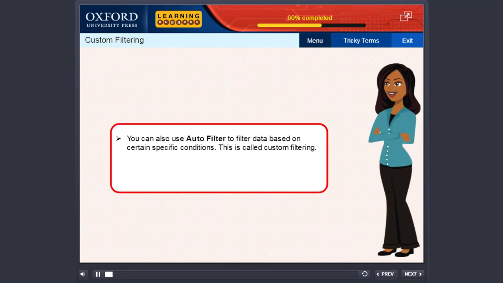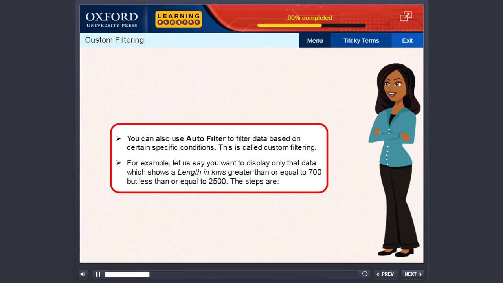Custom filtering. You can also use autofilter to filter data based on certain specific conditions. This is called custom filtering. For example, let us say you want to display only that data which shows a length in kilometers greater than or equal to 700, but less than or equal to 2,500. The steps are: